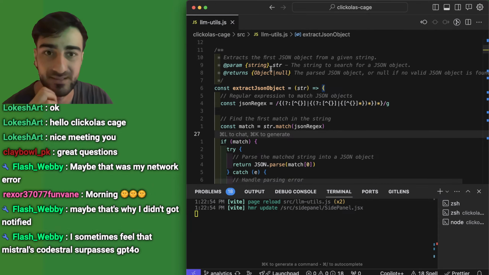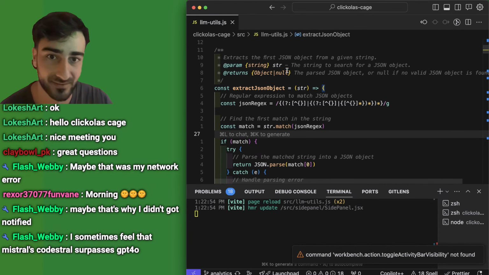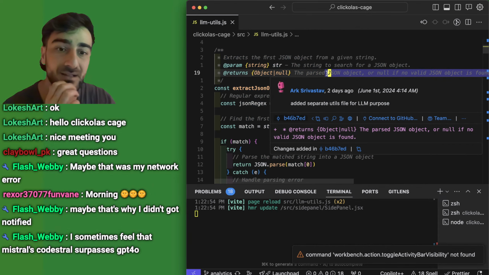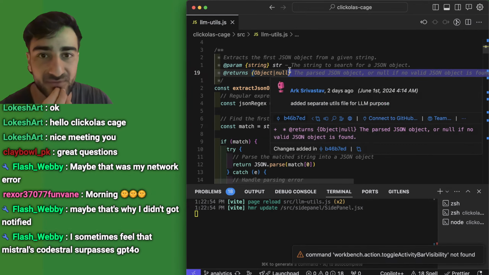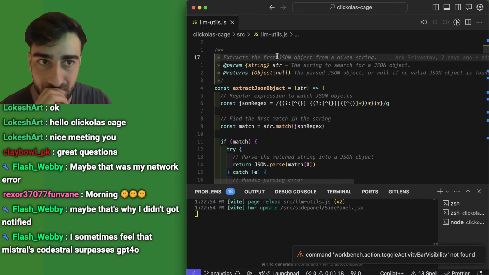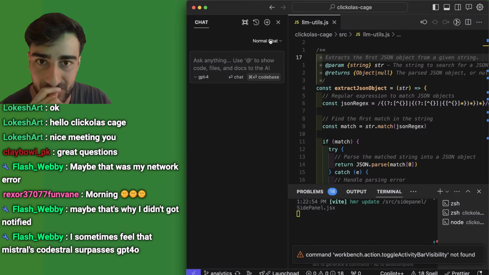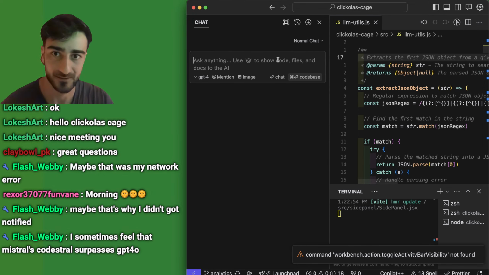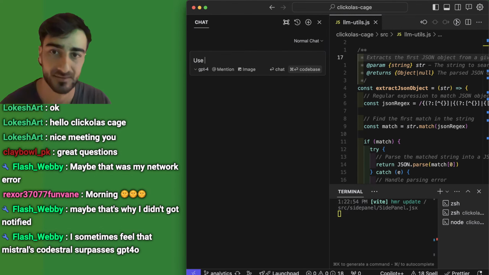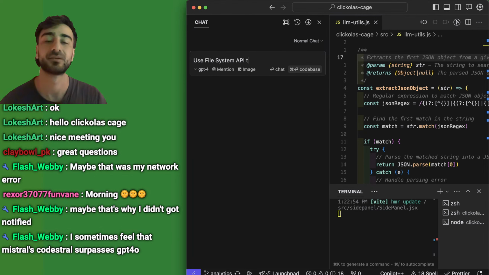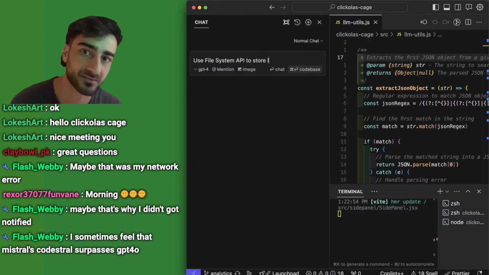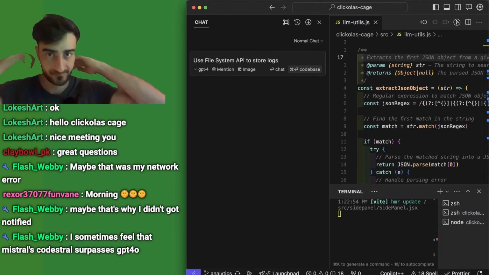So I can't remember the best way to get Cursor to make changes across multiple files, or if it can even do it. It could do it with interpreter mode. Let's see if it can do it with normal chat. I'm gonna say use file system API to store logs